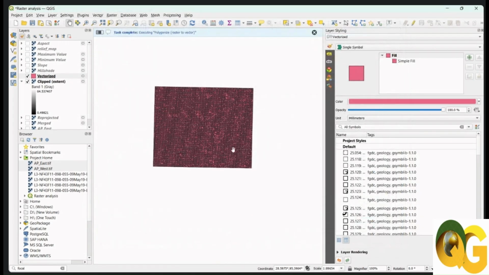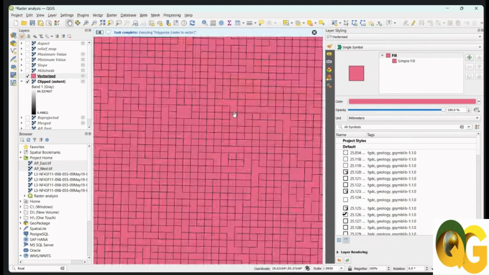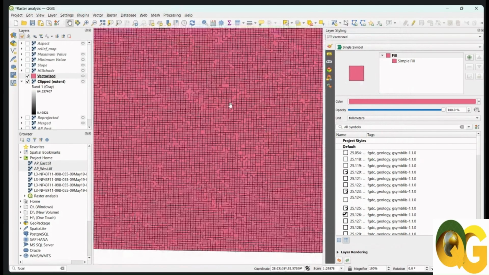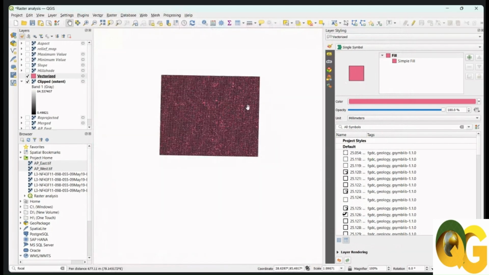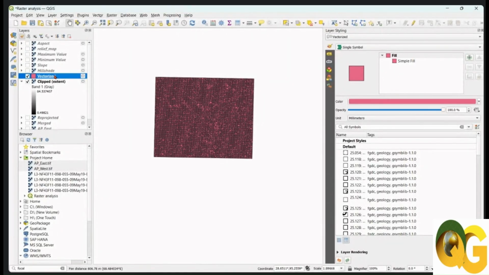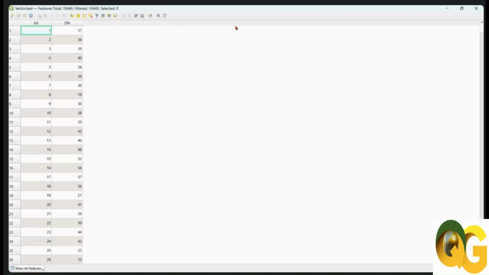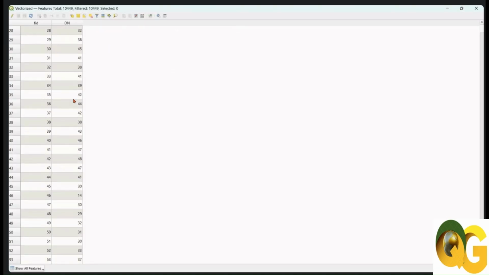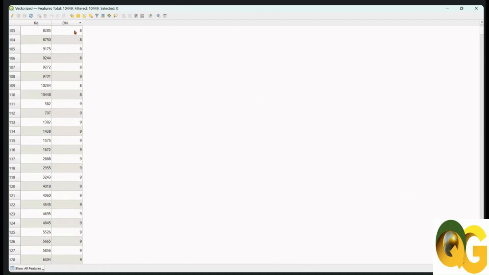See, you got your vectors. All the values of slope are in its attribute table. Click here and go to open attribute table. See, you extracted all the slope values. So this DN is your slope values,